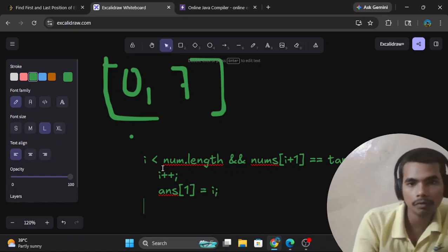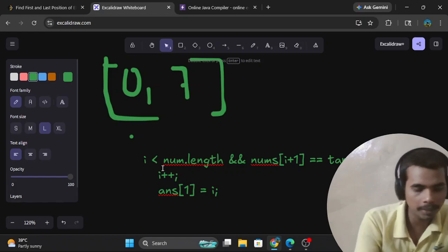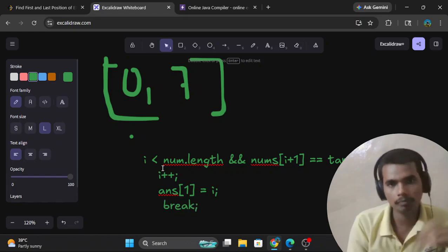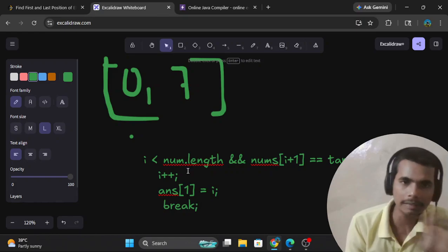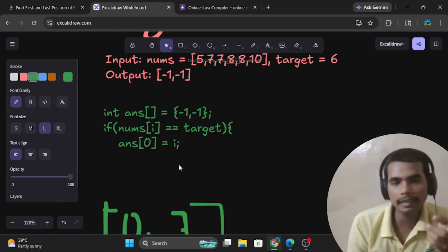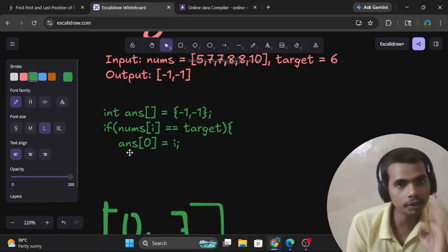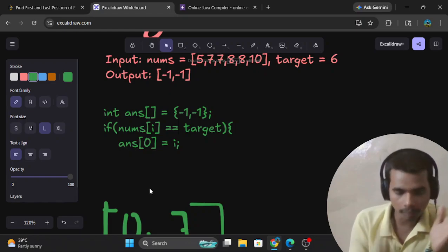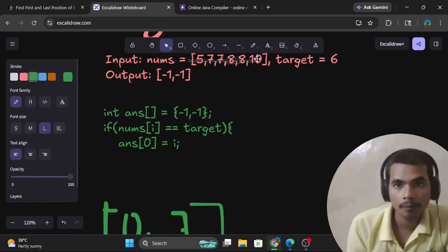Answer of 1 is equal to i, and break our loop and go. That is our simple case. Here we check: once nums of i is equal to target, then we return at the 0 position i. That means the first occurrence of the i. Then after,